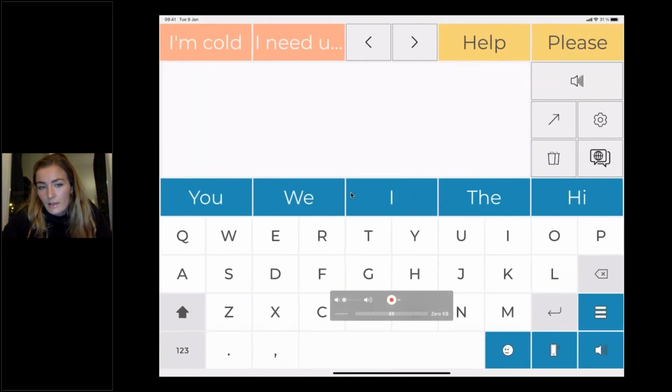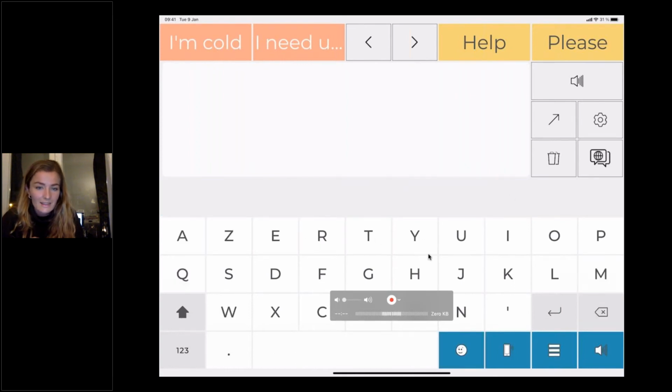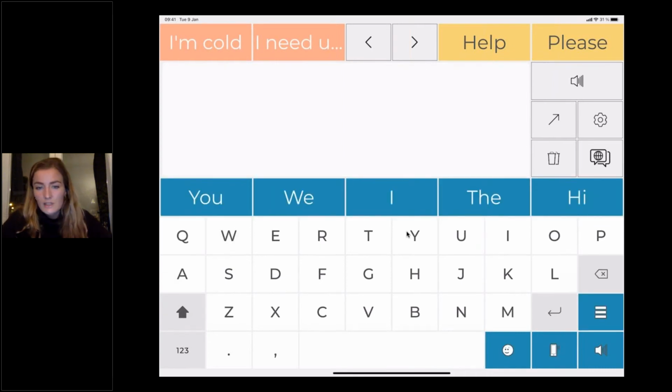That's the English QWERTY keyboard, and when I select here, it just switches to the AZERTY French keyboard. And it also switched the phrase bank. So when I'm in the French mode right now, if I speak something, you will hear the voice Audrey Enhanced that I selected for my secondary language. So that's for the languages that are currently supported by Predictable.